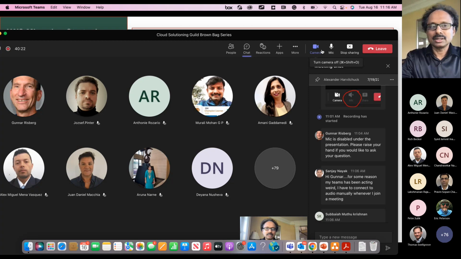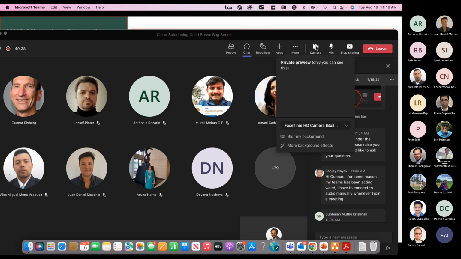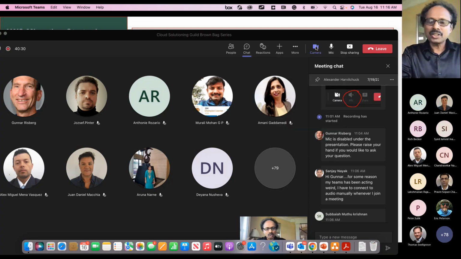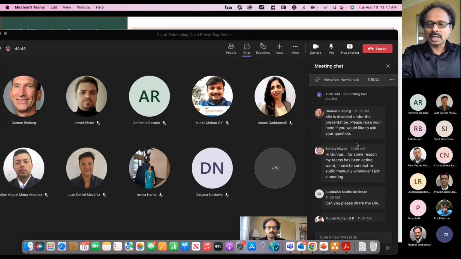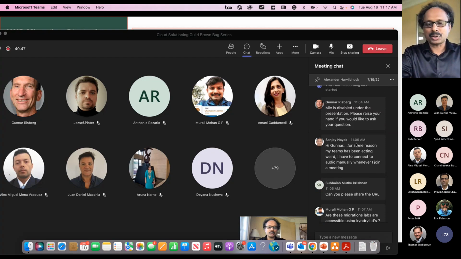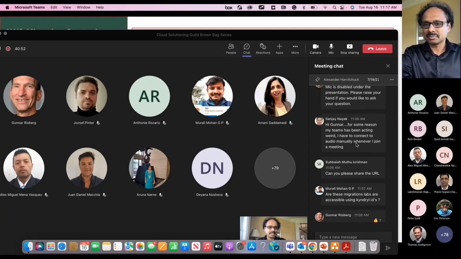You don't need to go and provision the environment. That's what I was trying to say. You can go all the way till the end for the labs, and you can get a full understanding of all the labs, how they function. Please make sure that at the end of the lab you do a cleanup so that it doesn't incur any charges for you. But as Kyndryl, we have the majority of the labs free. So please register with your Kyndryl ID, not your personal ID.